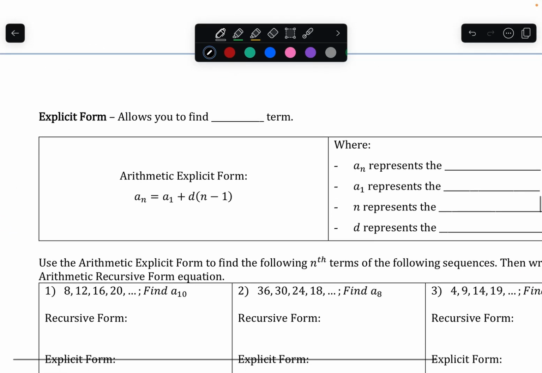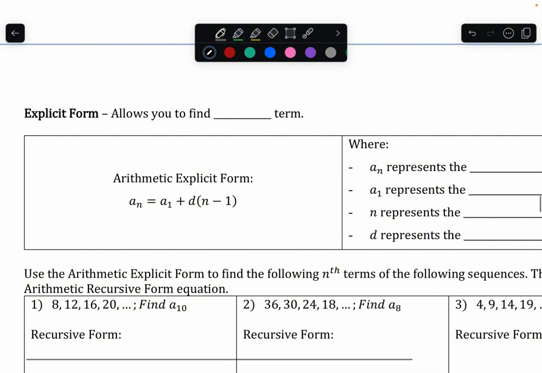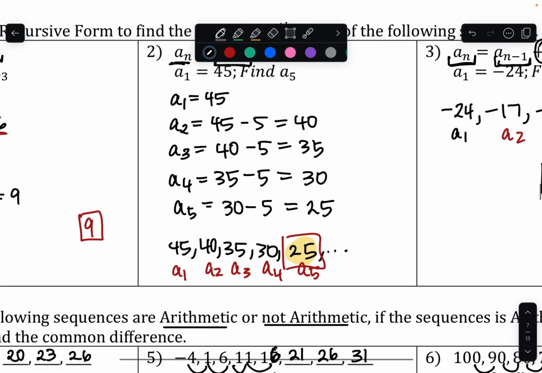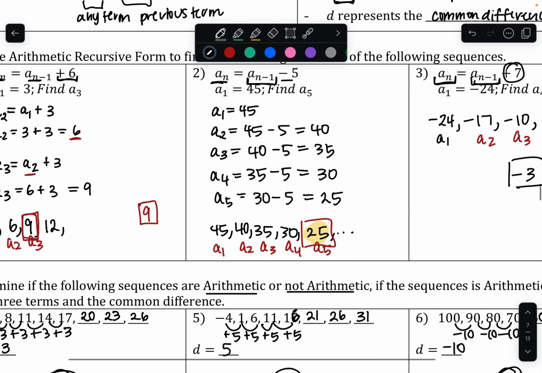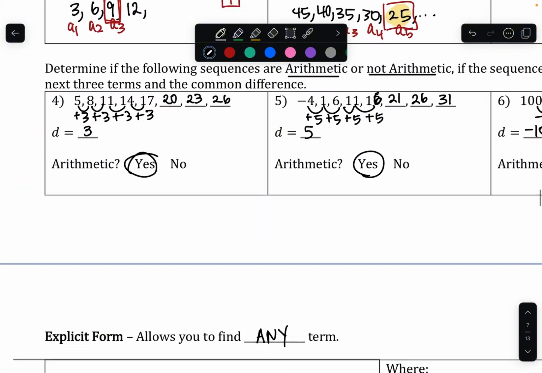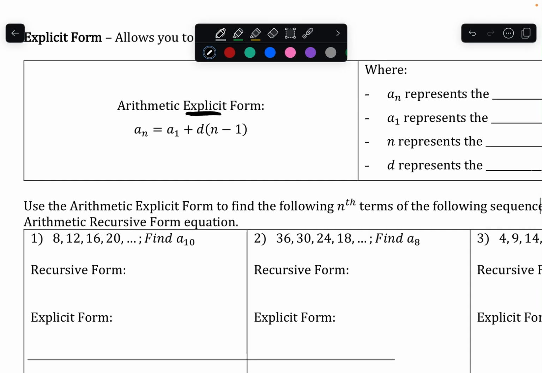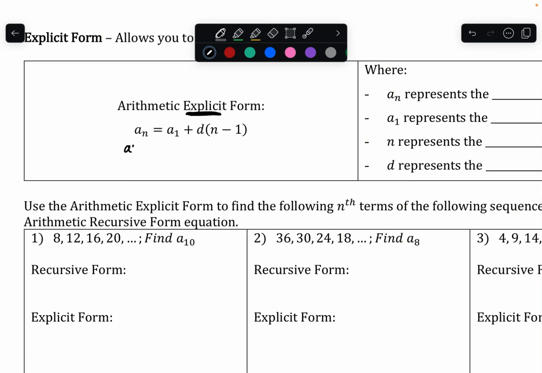All right, so explicit form is the form that we prefer to find any term. Because if I'm looking for the 100th term, I really don't want to go through this whole process. Even getting to the 5th term was kind of annoying. And so if you could imagine trying to get to the 100th term, that's when you would want the explicit form. Okay, and so the explicit form says you can get to any term by taking the first term